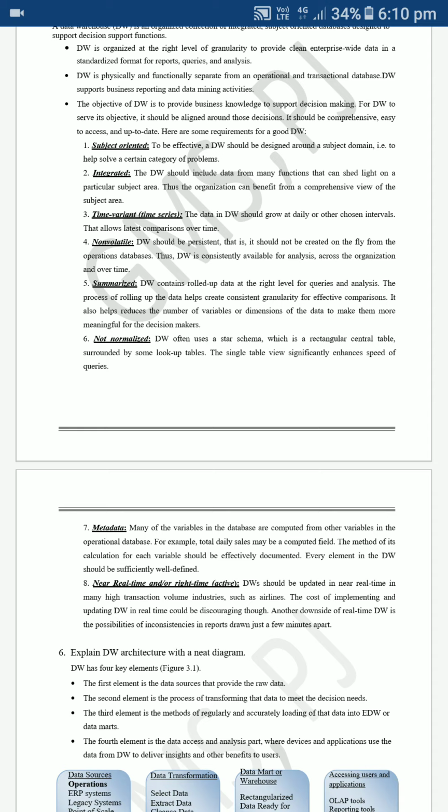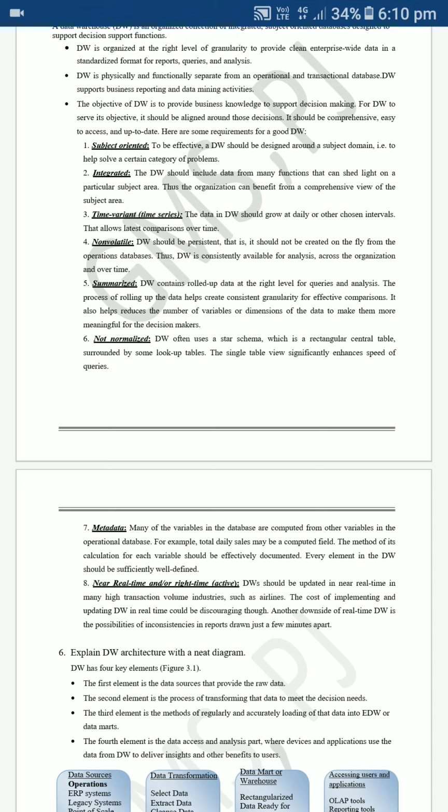For example, if you're sending 10 GB of data, the first 1 GB will take some amount of time interval, like that. So first 1 GB is sent, next 1 GB, like that, up to n number of data. Next one is non-volatile.